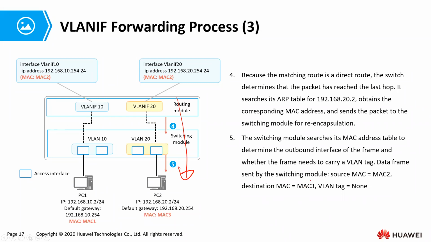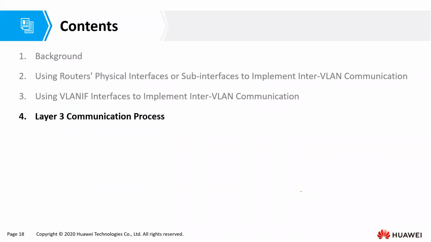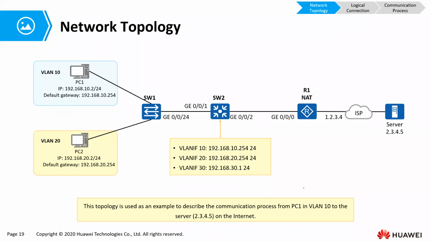So let us look at the layer 3 communication process for our VLANs. This is our network. This piece is in VLAN 10. This piece is in VLAN 20. The switch has VLAN interfaces. The server, I'm guessing, is in VLAN 30. Now, actually not the server, excuse me. This one is in VLAN 20, this is in VLAN 10, and which network is in VLAN 30, we shall find out.